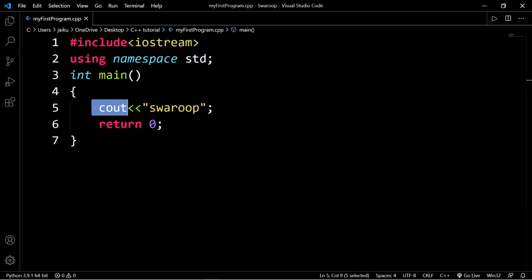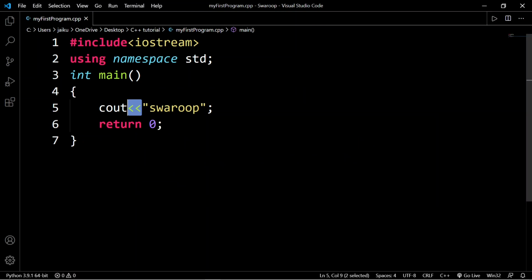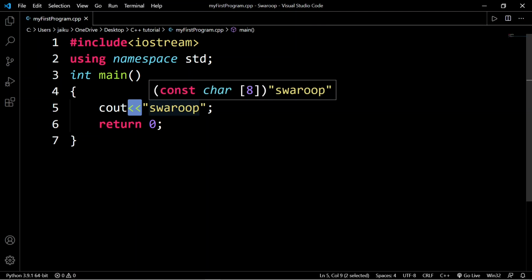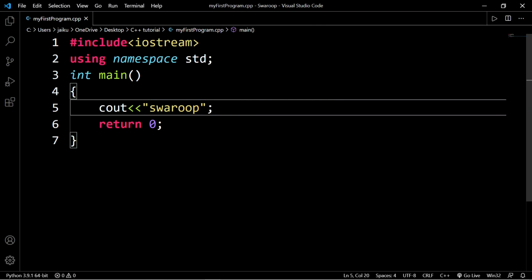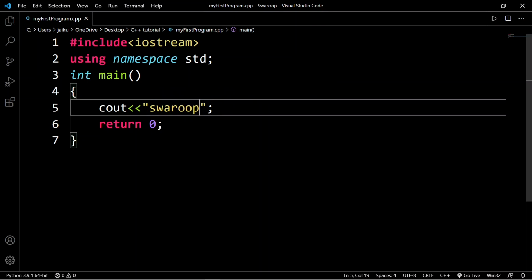Now let's play with this cout statement. This is the standard cout statement. It is used to print output on the screen, and this is the insertion operator. Without this we can't print anything, and when we have to print a sentence, a character or anything alphabetical, we have to give the double quotation marks here, opening and closing, and inside them we can write anything we want. Okay, just like